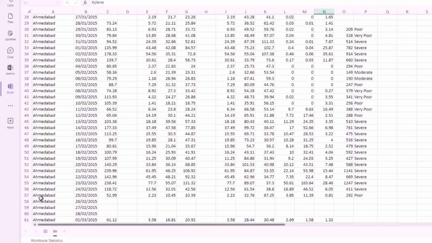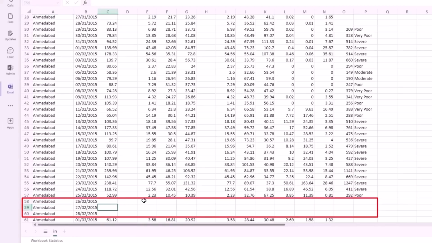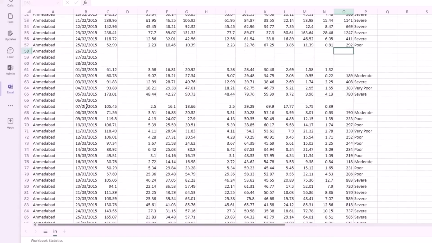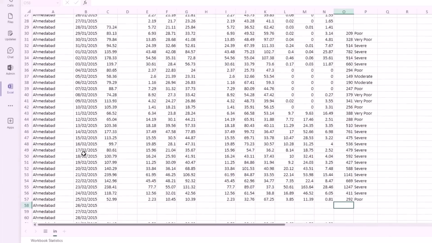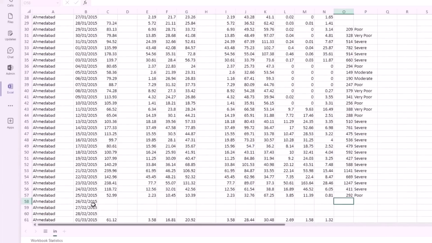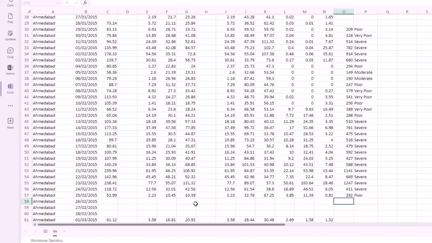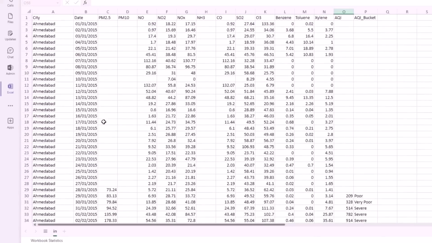There are certain days where the sensors are not working, which is the reason there are some blank values here. And there are some values where the sensor is working perfectly. The dates are continuous, which means the dates are not missing values. Sometimes the sensor malfunctions, and we are able to see that malfunctioning in the sensor data. So this is a small understanding about the data, and now we will use this data in